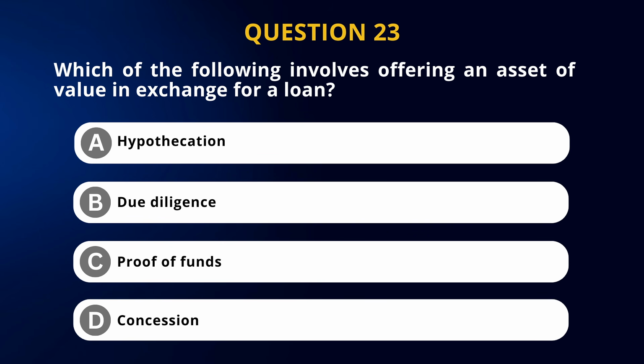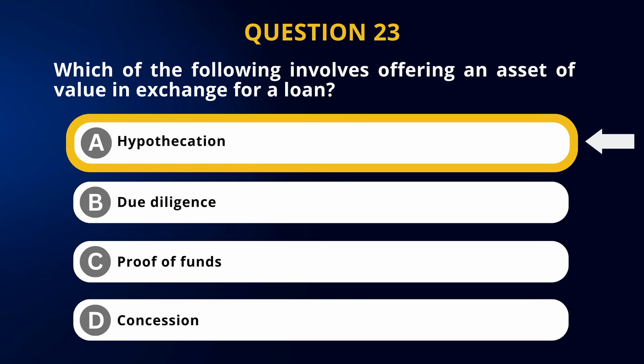Letter B, due diligence. Letter C, proof of funds. Letter D, concession. Question number 23. Which of the following involves offering an asset of value in exchange for a loan? And the answer,